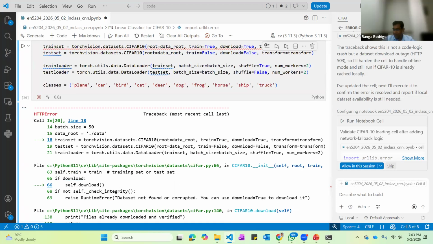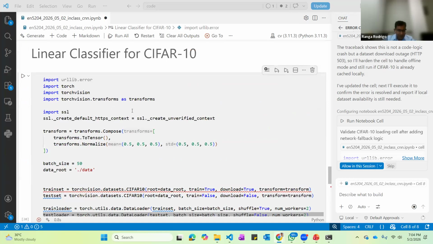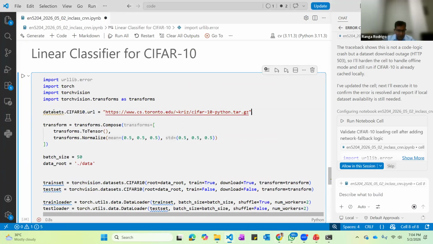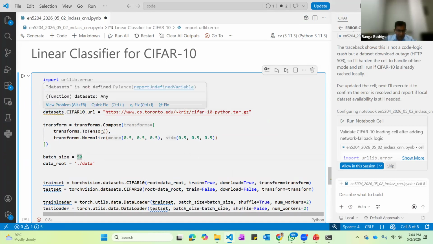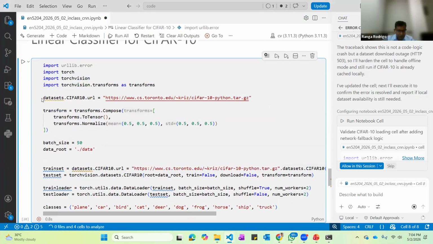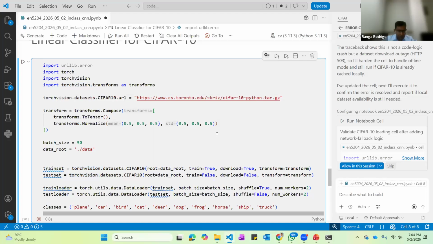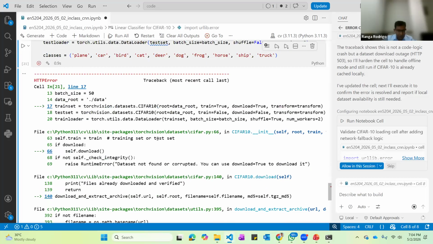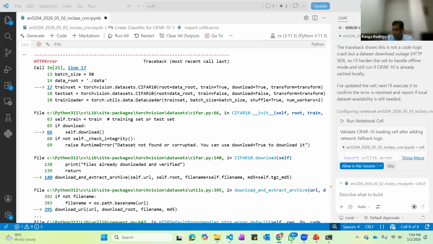Let's manually download it, and try once again. If it doesn't work,